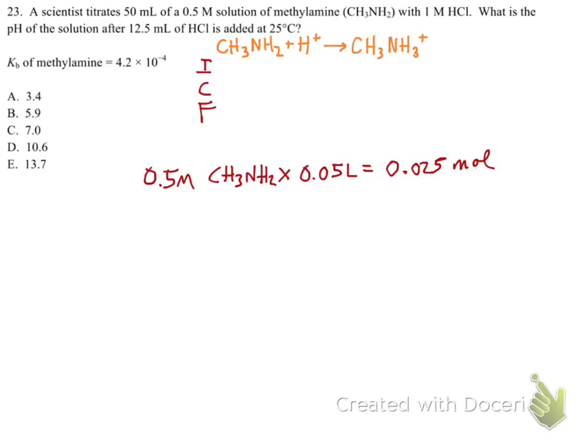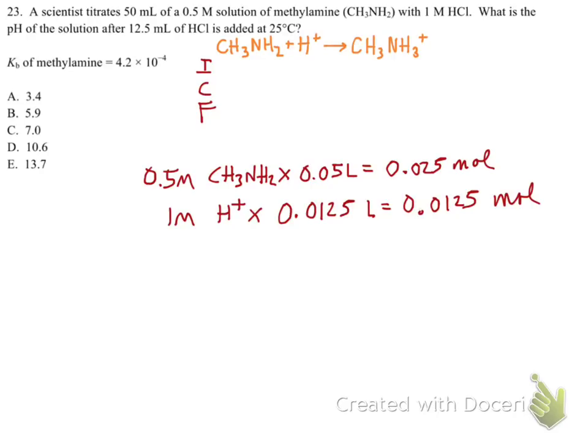So the HCl is 1 molar. And remember, it doesn't matter which strong acid we use. It's just the source of H plus, times 0.0125 liters. And that's going to equal 0.0125 moles. So those of you at home might be saying, wait a minute, this is a half equivalence point